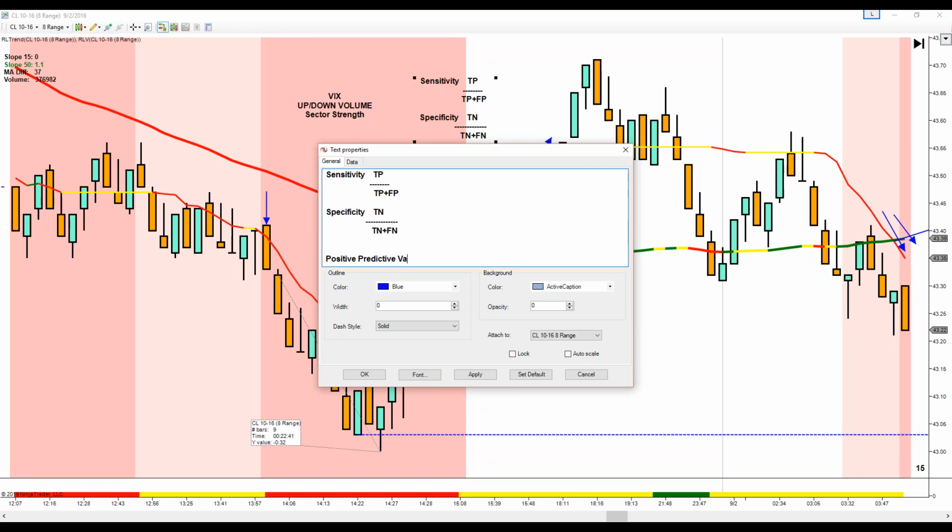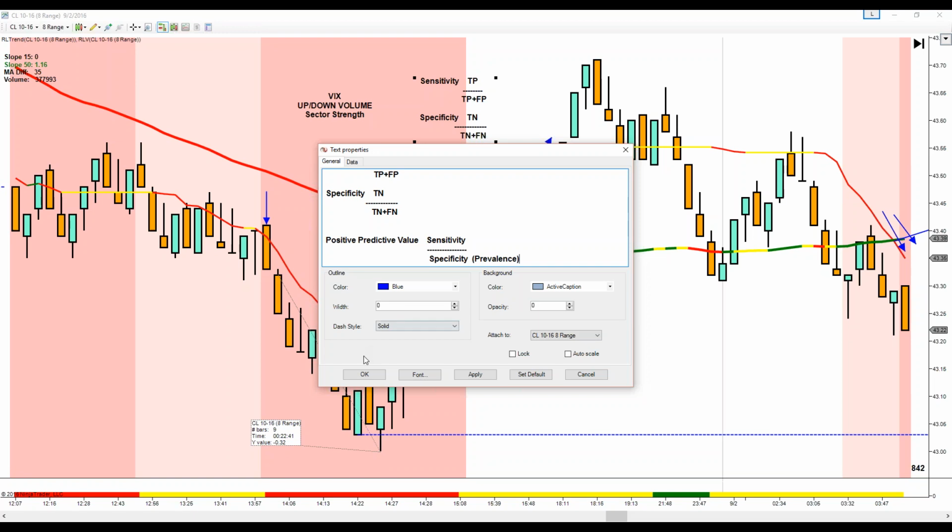Now, what I always do, and I attend a lot of webinars, and the only question I ever ask someone is what is the sensitivity, what is the specificity, and what is the predictive value of your trading entry, whether it's an option, whether it's a stock, whether it's a future, or whether it's a Forex. And if they don't know that number, then they don't know anything about their trading methodology. So positive predictive value is sensitivity over specificity, and it's times a very, very key number, and that is prevalence.